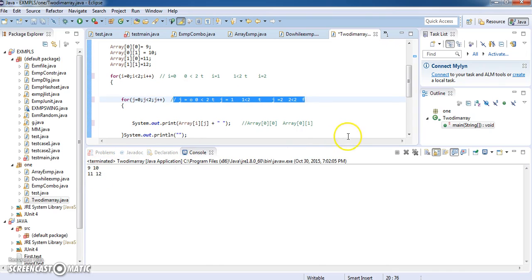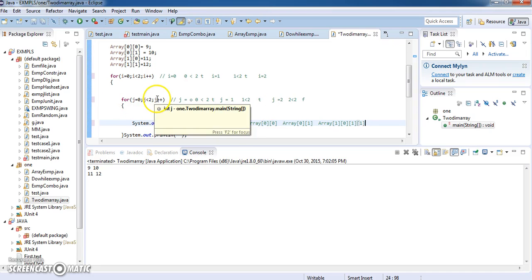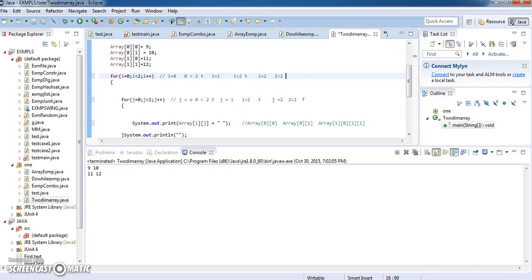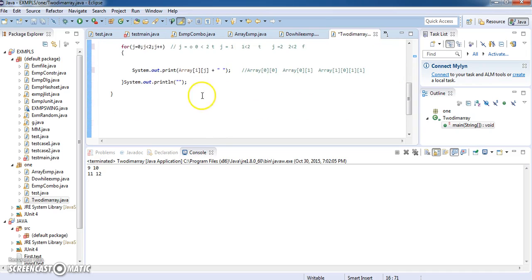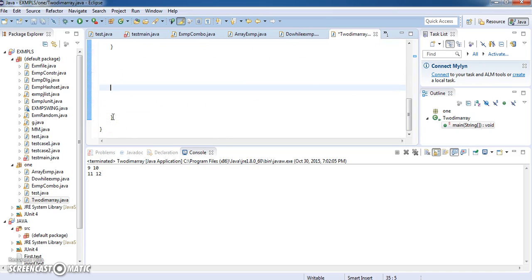The array of the first row 0th column element will be printed, which is your 11. Now the j loop will continue for your array of first row first column element. Now your j value becomes 2 and 2 less than 2 fails. It comes out of your inner loop and it goes to your outer for loop. Now here your I value is 2 and 2 less than 2 is false. Now it completely comes out of the control of the program and it exits from the program.